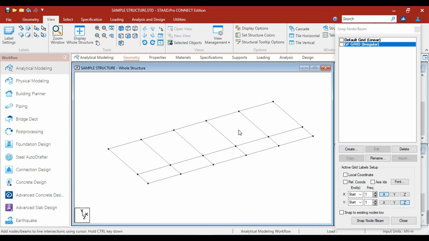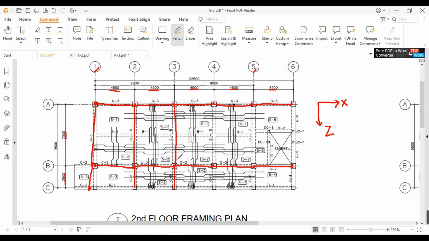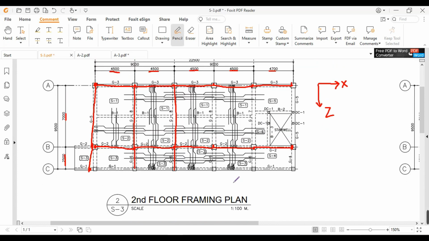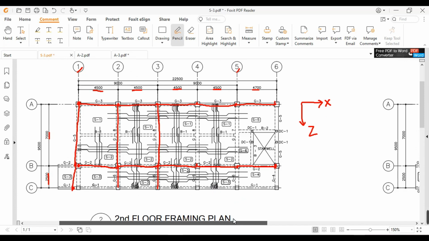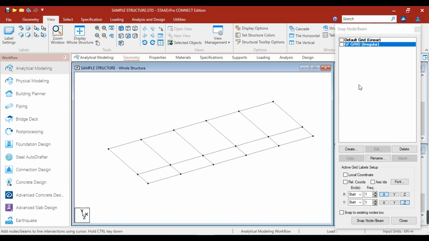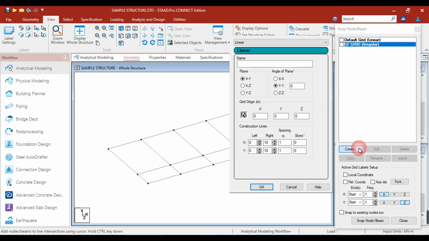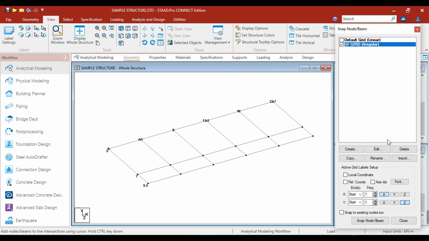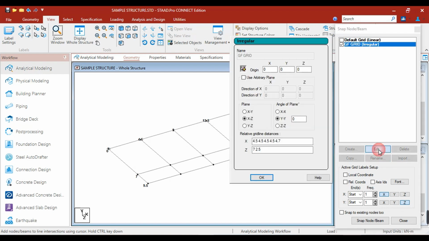Next, what if we want to create a grid line for the second floor? It is very common for a building to have similar locations of columns. So what we will do is create again. For the ground floor grid, we have edit.